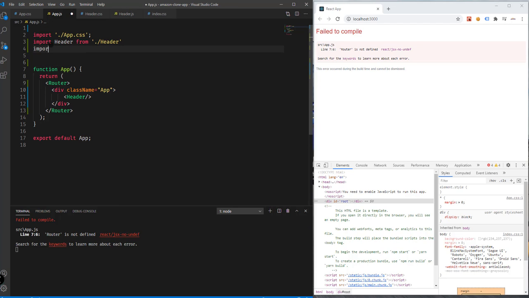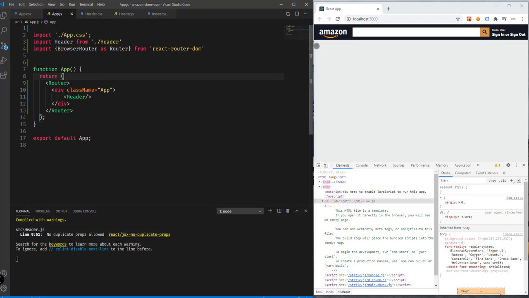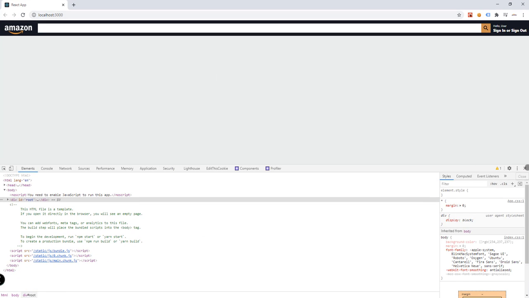So what we can do is import, and then open and close curly braces, and then BrowserRouter as Router, and then it will be from react-router-dom. There you go. Save our file,